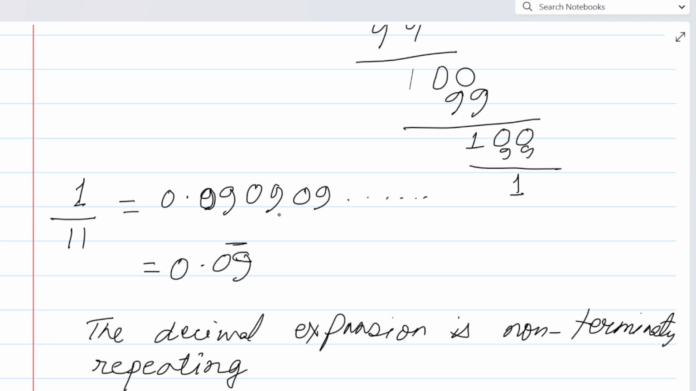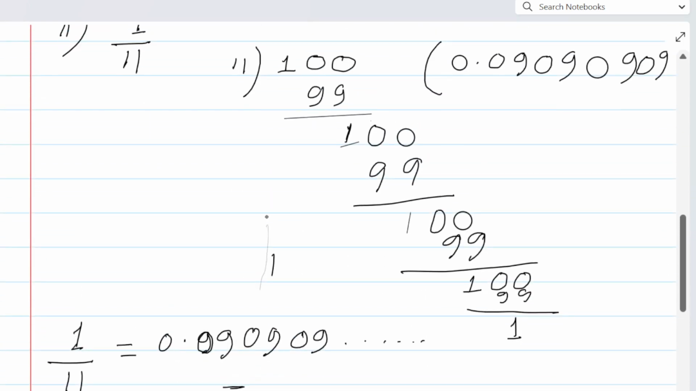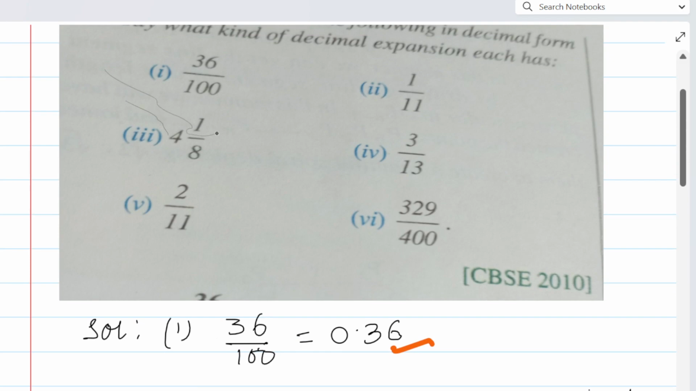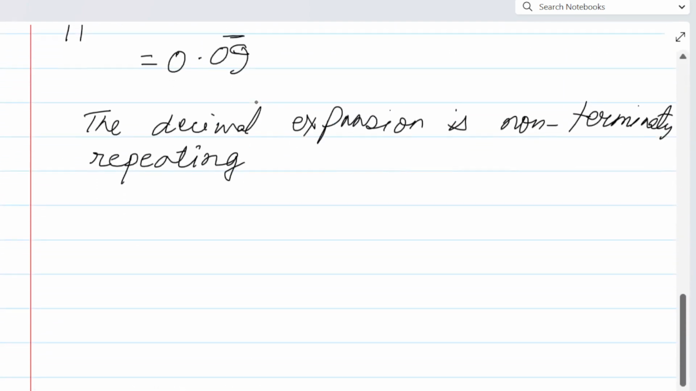What was the next question? Let's see the next question. Question number 3 is 4 1 by 8. Let's do this one also. Number 3, 4 1 by 8. This type of sum